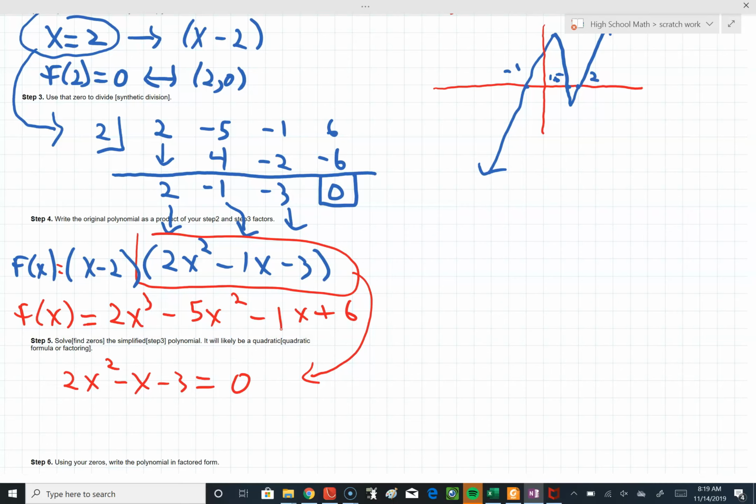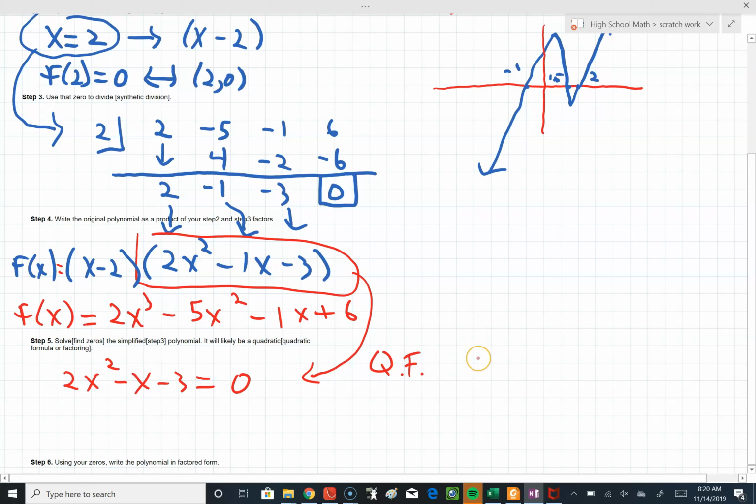I'm setting this thing equal to 0. I want to find the zeros associated with it. Yes, Rashad. Yeah, we could factor it by the big X method, but we're not going to. I'm going to show the quadratic formula just because we need some quadratic formula practice, and we can use the quadratic formula for everything. So the quadratic formula